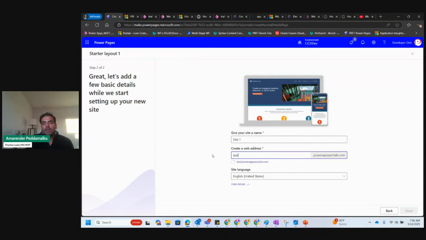So let's say I want to give a base address of test. It says that URL is not available because it's hosted on Microsoft Cloud Platform. So someone must have taken that base address already, or Microsoft might have reserved the base address for you to grab. So you can give a site name, but the site URL needs to be unique to begin with.